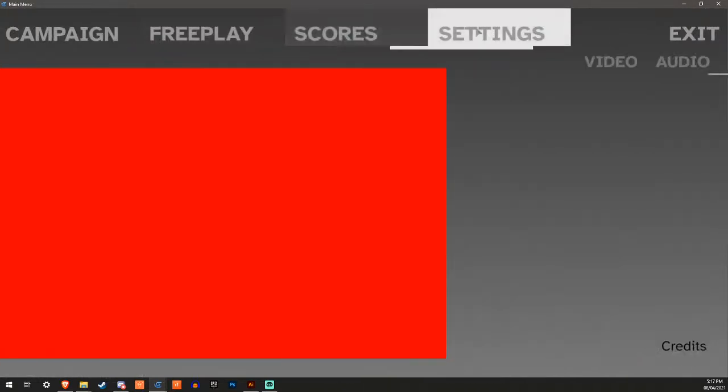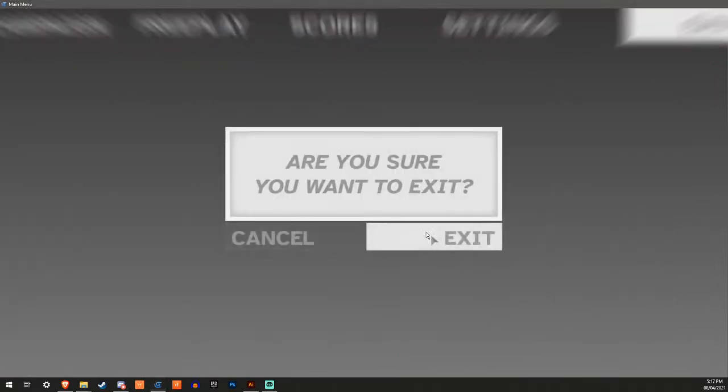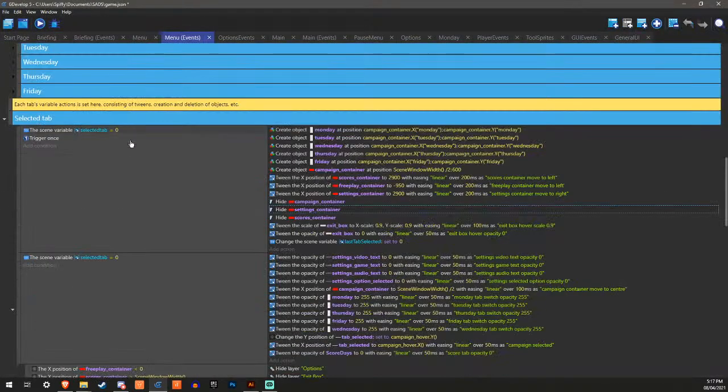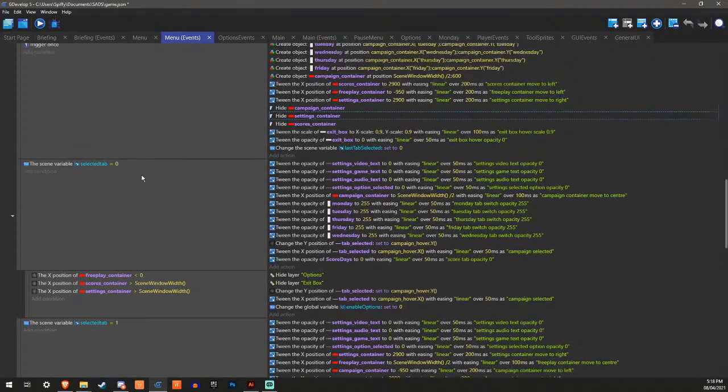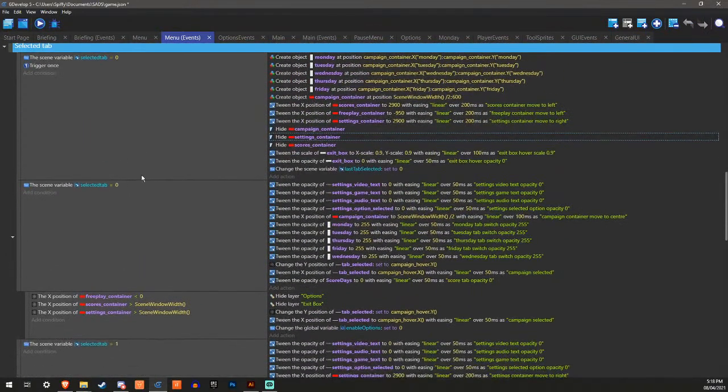Yes, it's not actually as smooth as the menu here. So, what does the menu do differently? Where is it? Here it is. Does it the same?